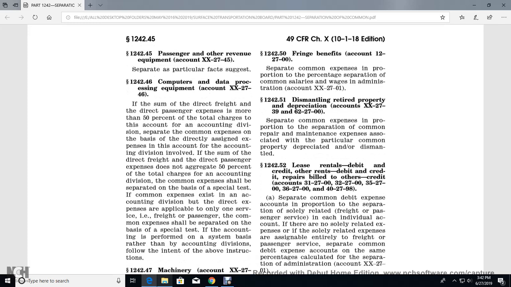If the sum of the direct freight and the direct passenger expense is more than 50% of the total travel, the accounting division separates the common expense on the basis directly assigned to the division involved. If the sum of the direct freight and the direct passenger expense does not aggregate 50% of the total travel,